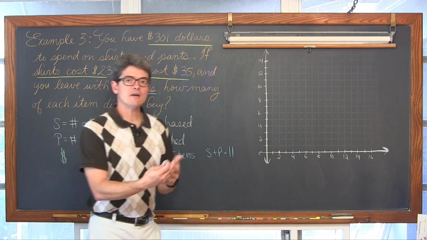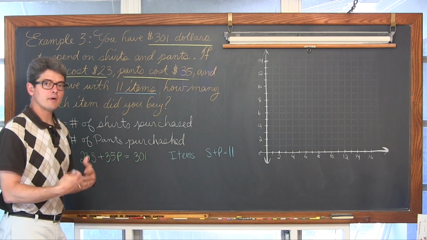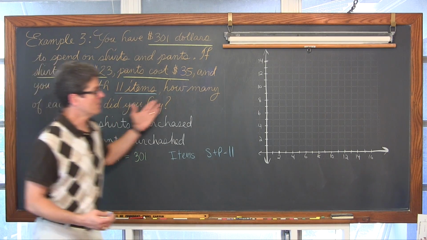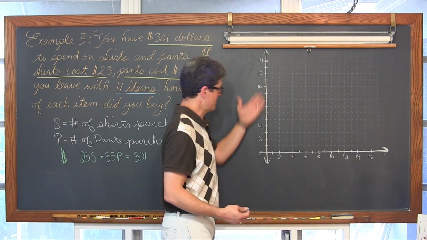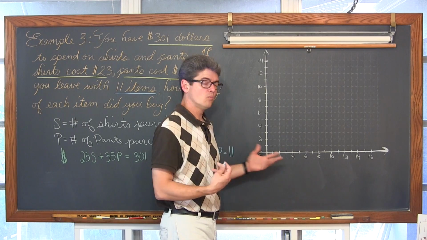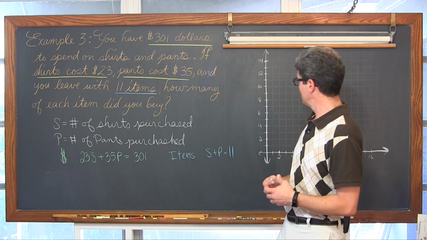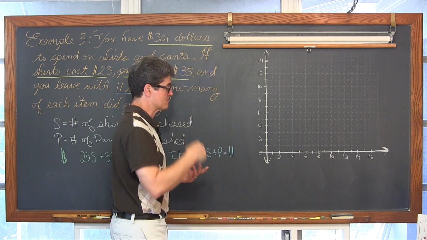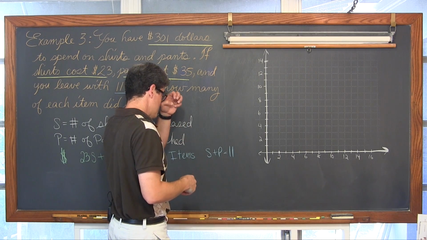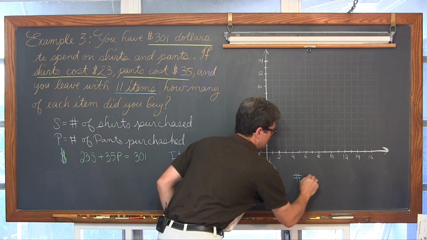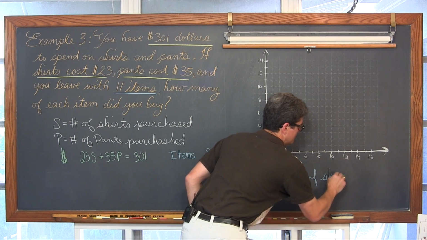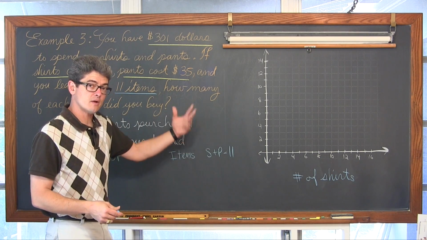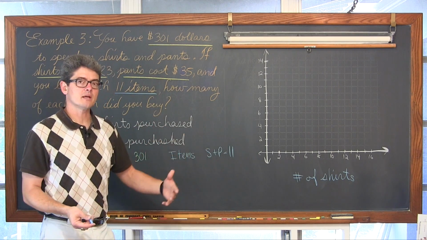When you're graphing lines, you're graphing what's called bivariate data, and you're comparing those two unknowns to each other. So we need to decide which of these two variables are going to be in this graph. I've got a scale now, unlike the previous one where I forgot. I need to decide which of these two variables I'm going to put on my x and y axis. And I'm looking down just to make sure that in the end my problem here in front of you matches my notes, so I can check my work easily. So we're going to put number of shirts, so myself and whoever's grading my paper, or if I look at this later, I understand what I was doing. I'm going to put shirts along the x-axis.